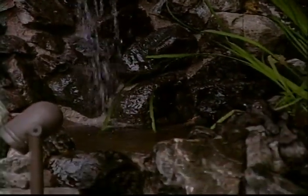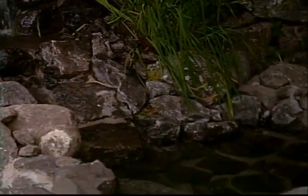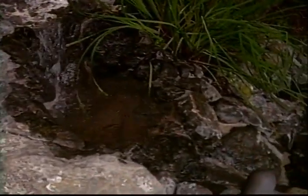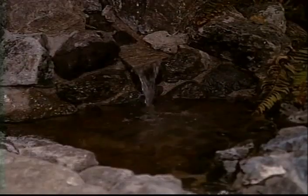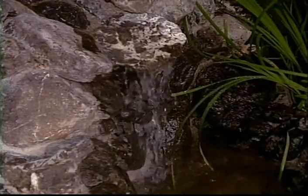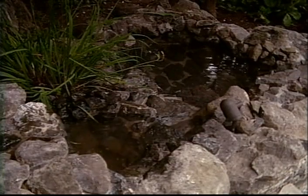I love the sound of water, and Darcie, it seems like such a natural thing to do, and you've used water so effectively in so many landscapes. Well, thank you, Ed. They don't all have to be as elaborate as this, but a simple pond in the backyard with a little waterfall, or even some of the bigger ponds, they're just nice to have in your environment. And water is a wonderful